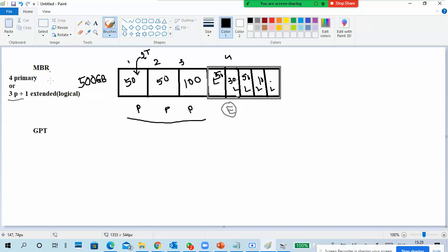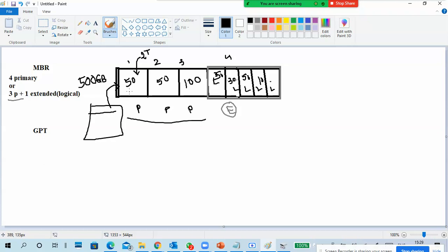So what are MBR and GPT? It is nothing but a record on your hard disk. It is stored in the first track of your hard disk. This record is nothing but a tabular form.